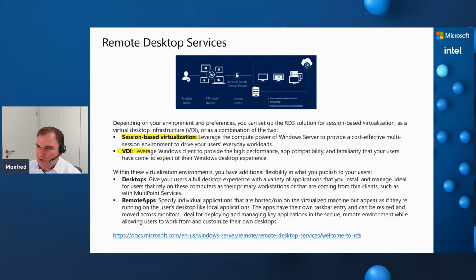And for sure, we can use the remote desktop services to provide full desktops. This is what I explained or described, but we can also publish remote apps. So it's not required that the user always starts a full desktop session on the RDS host. The RDS host can also be used to provide single applications to the client machines.